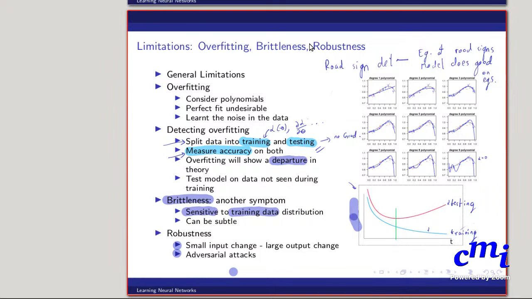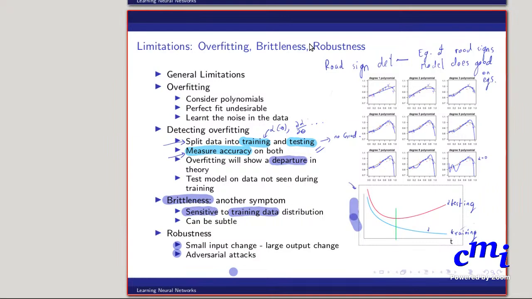So for example, I might have some script to scrape road sign images from the internet to train on. But maybe that script is buggy in a very subtle way, where suddenly one of those images just contains a tree, and doesn't contain a road sign. It might be just one or two in a few 100,000 images, but it is one or two. So that will be a poisoned data set. But if, because of just those two examples, my training process completely gets derailed, then it is a brittle training process. So there you have some real world distribution of road sign images, but then we have some poisoned data points which are from a completely different distribution.